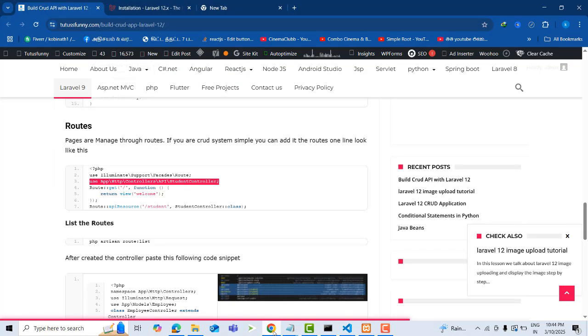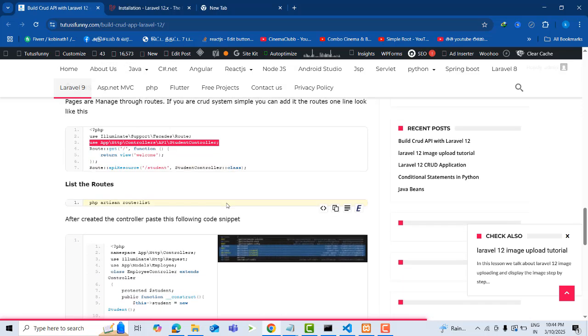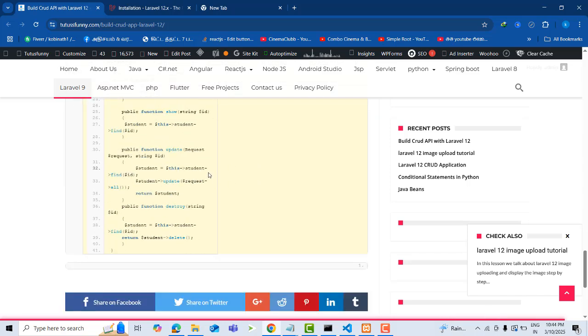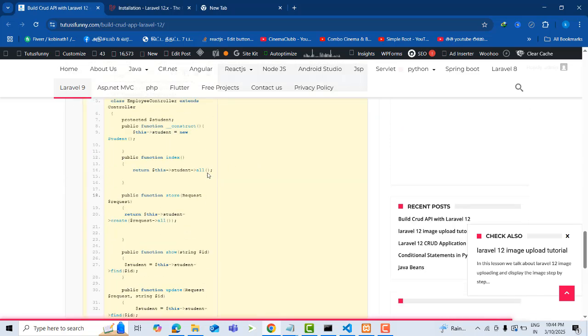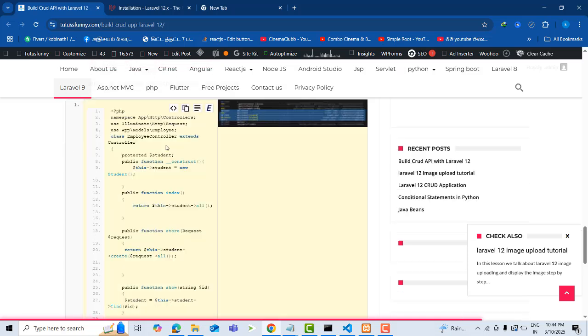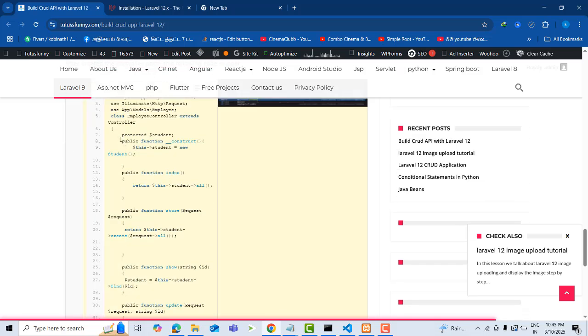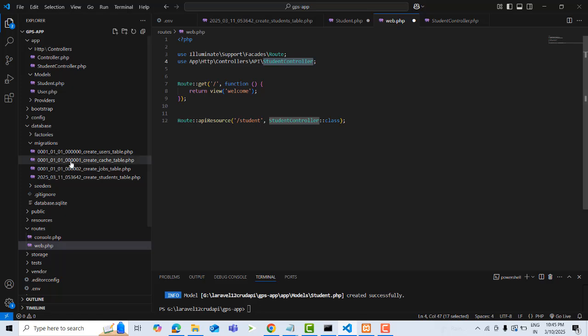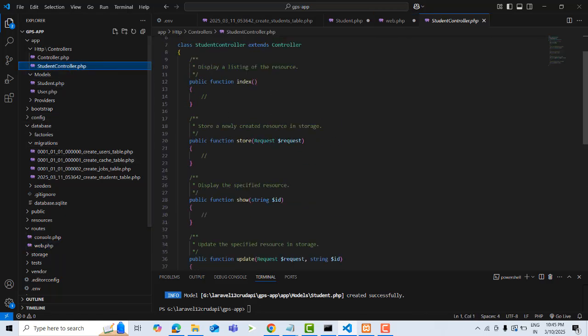Okay, now what you are going to do is, I'm going to run the routes. So here, I'm going to take all these things. This is the code snippet for the controller. So the controller code snippet, you just copy this. I have to explain. First, you have to put the